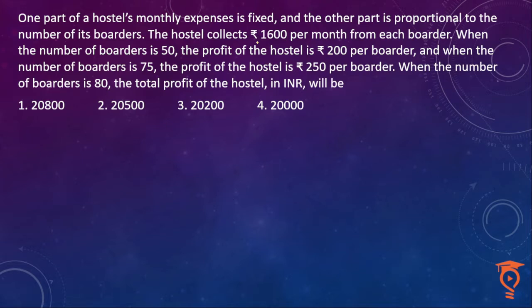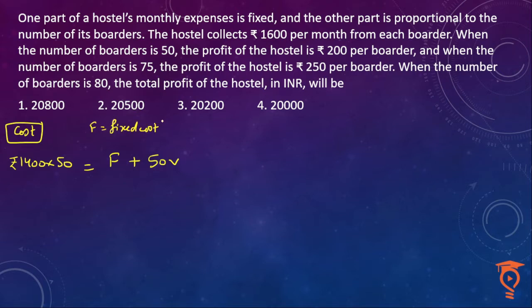So the hostel collects 1600 per month from each boarder, and the profit made by the hostel is 200 per boarder. That means the cost incurred by the hostel would be 1400 per boarder. So if I make the equation in terms of cost, I would be making 1400 into 50 boarders. That would comprise fixed cost, which is F, and variable cost, let's call V. So F becomes the fixed cost that does not depend on the number of boarders, and V is the variable cost